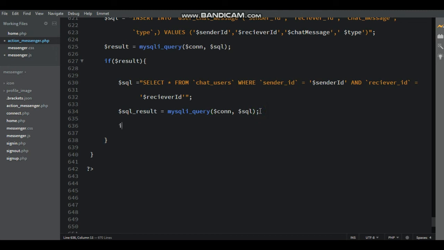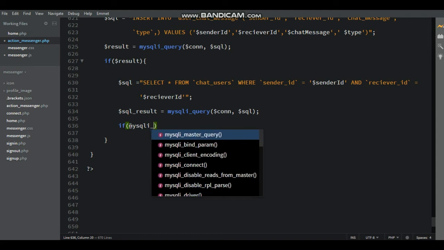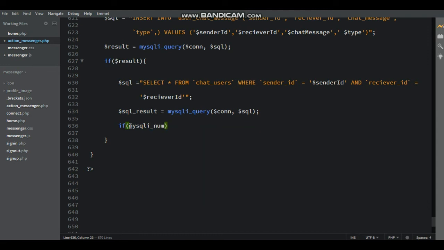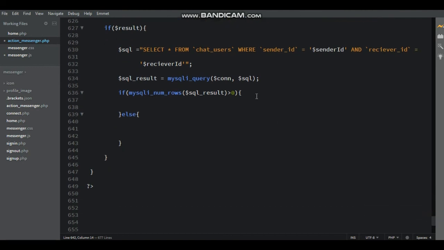Here if function, here that is mysql_num_rows. Inside the bracket paste $sql_result. Here that is number of rows greater than 0. Here if function inside, and then else inside the curly bracket write one more query.